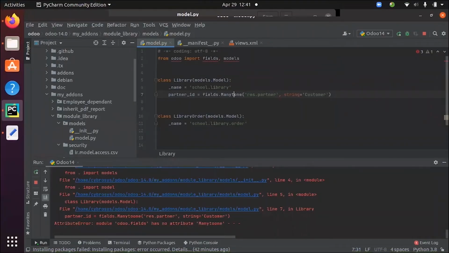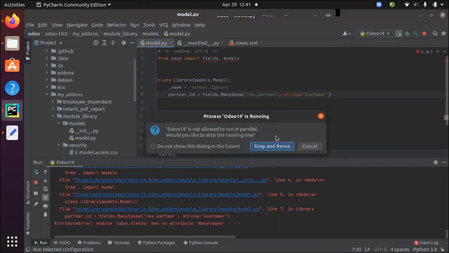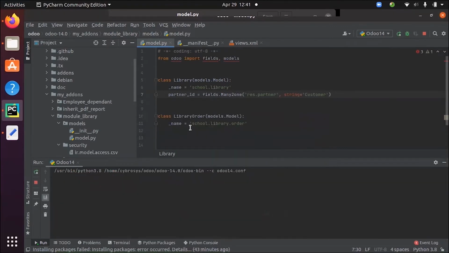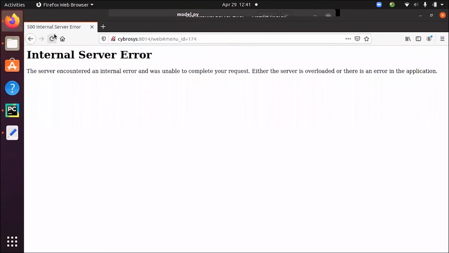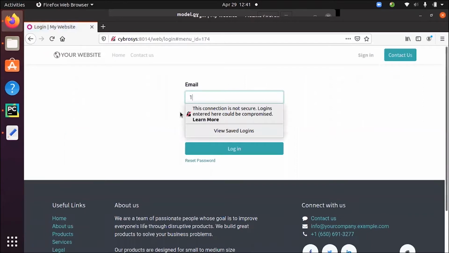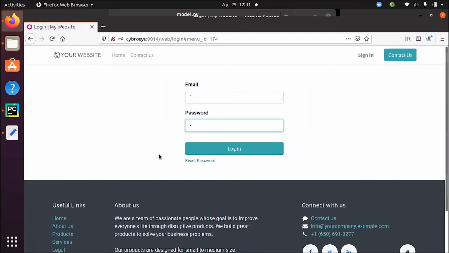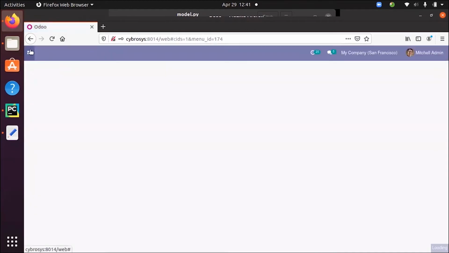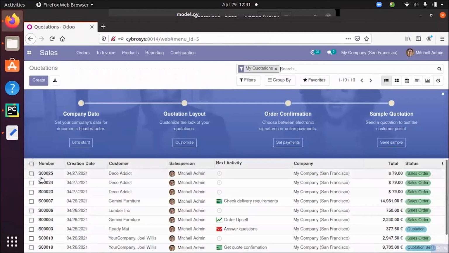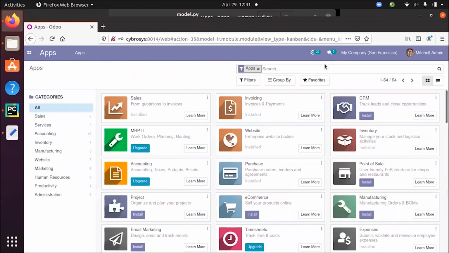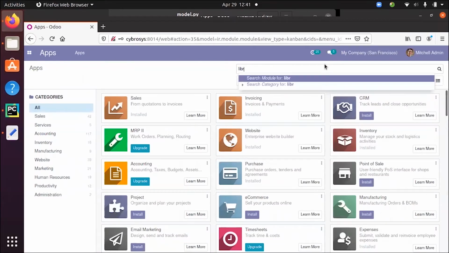So we have an error. Okay, so we can upgrade the module.